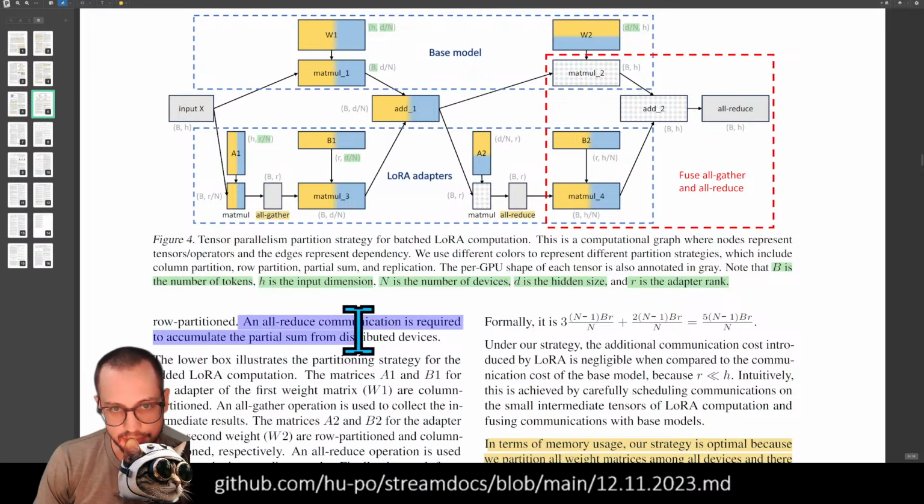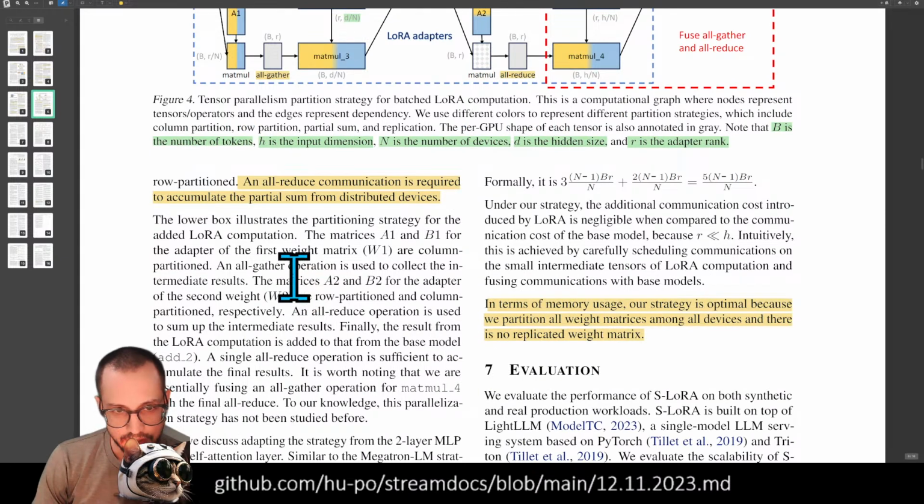All reduce communication is required to accumulate all the partial sums from all the devices. The matrices A and B are co-partitioned. All gather operation is used to collect the intermediate results. The all reduce is used to sum up all the intermediate results. Finally, the result from the LoRA is added to that of the base model. A single all reduce operation is sufficient to accumulate the final result. It is worth noting that we are essentially fusing an all gather operation with a final all reduce. So that's